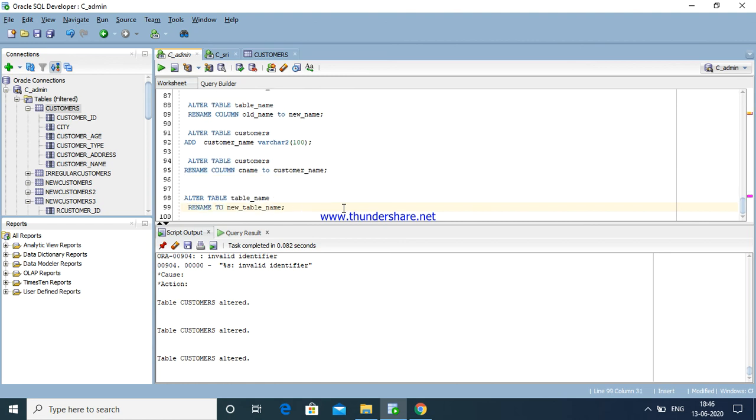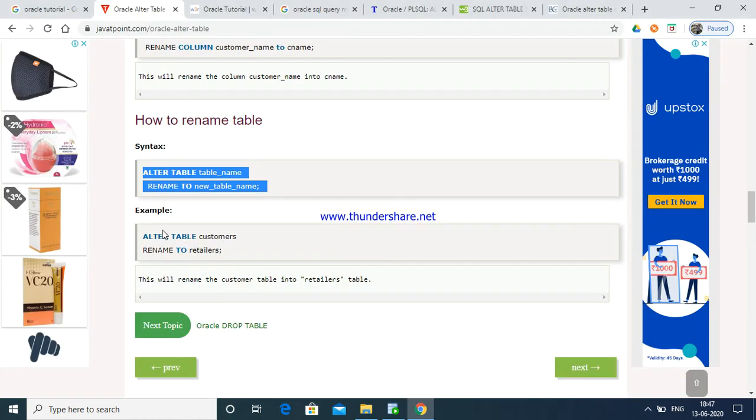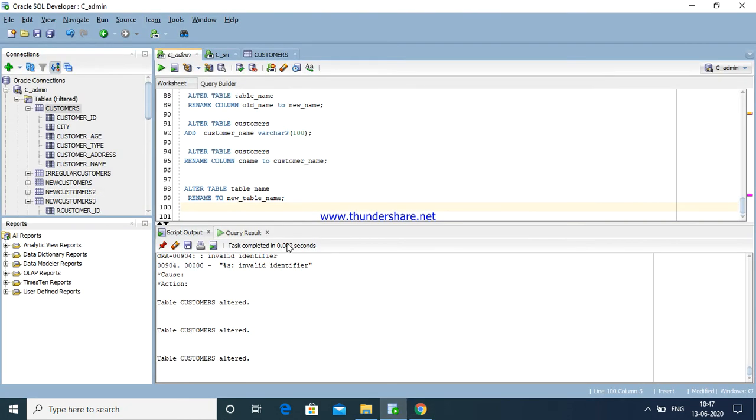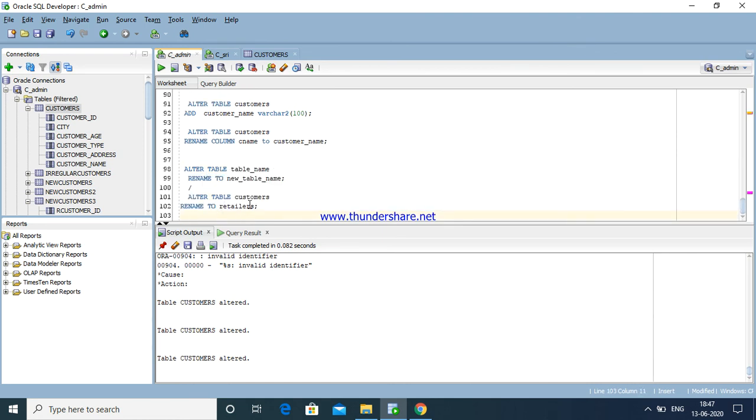Okay, my table name. This is customer to retail. Okay, just see here, table name customer and a new table name is retail.